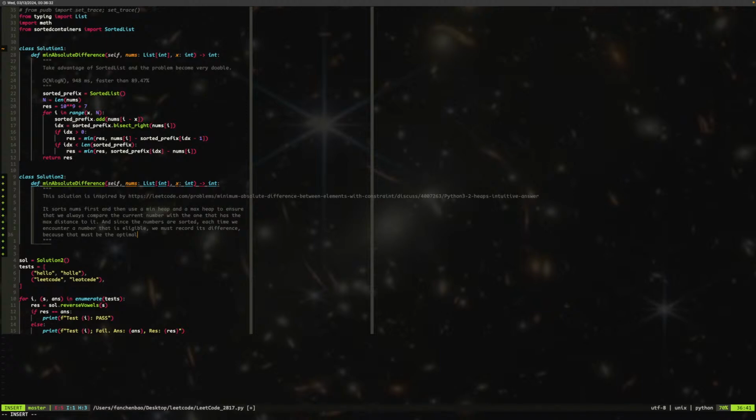Even if later we find something even closer, it doesn't really matter, because later on the value becomes bigger, the distance becomes bigger. That must create the minimal difference due to the sorted